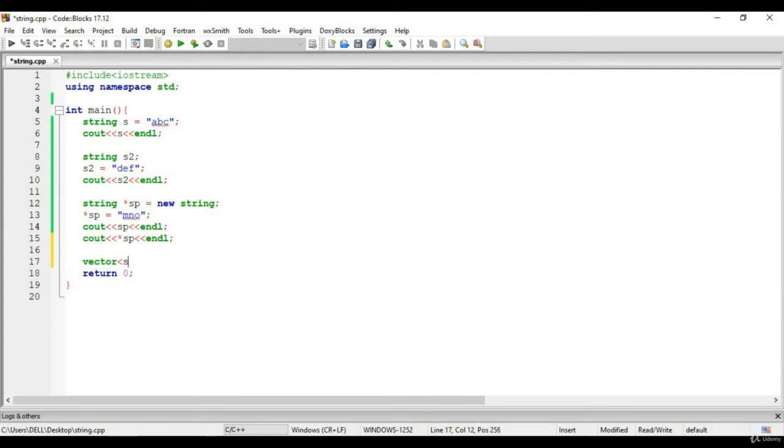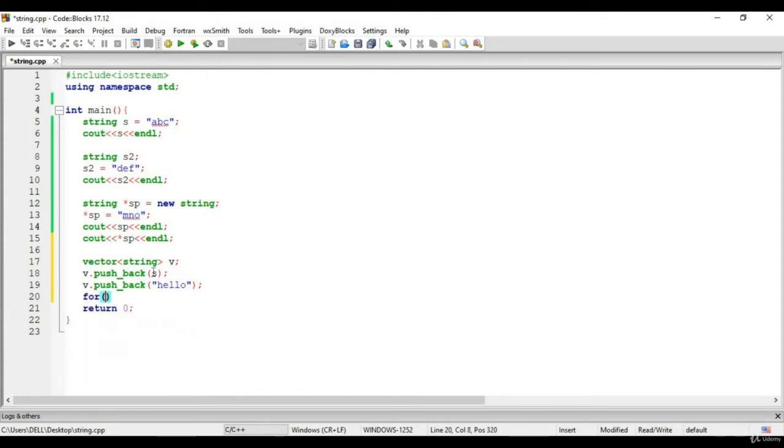So let's see. So let us create a 2D array. So for creating the 2D array, we will always write like this, vector string v, and for pushing one element, what you have to do, you have to push a string. So let us push the content. So v dot pushback. Let's say I want to insert this string s. So v dot pushback, you can write s. Let us insert one more string. Let's say v dot pushback hello.